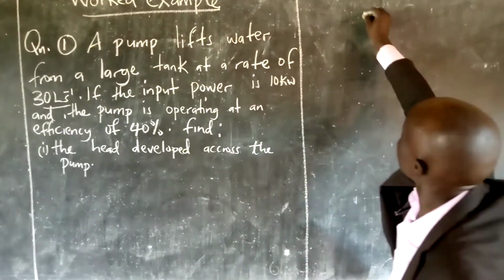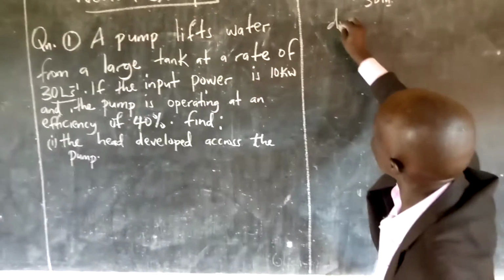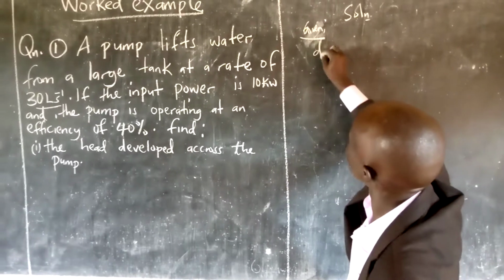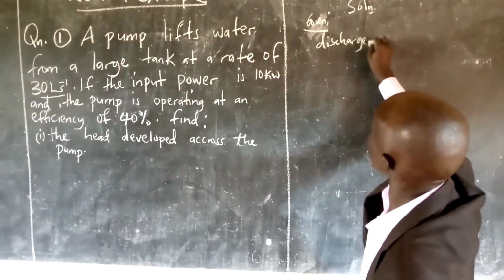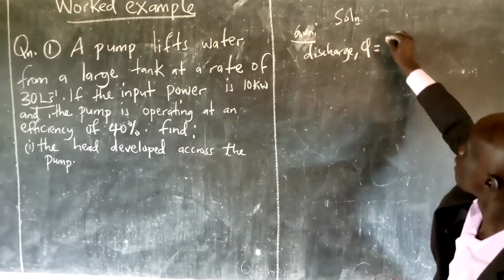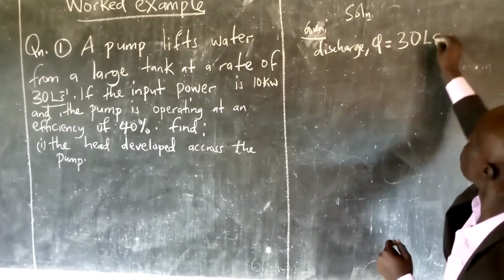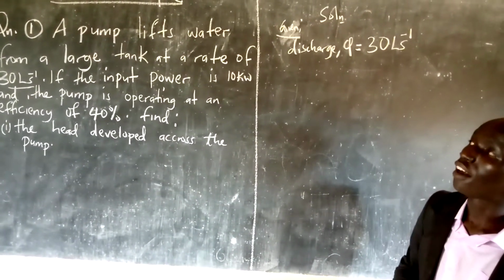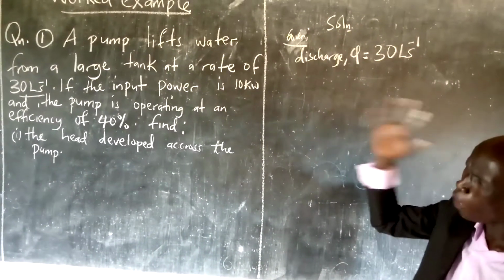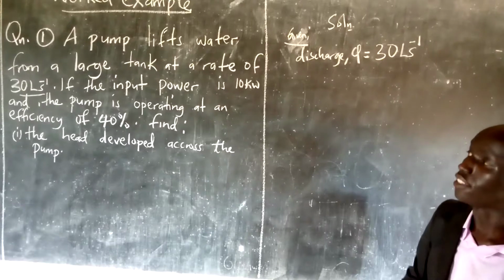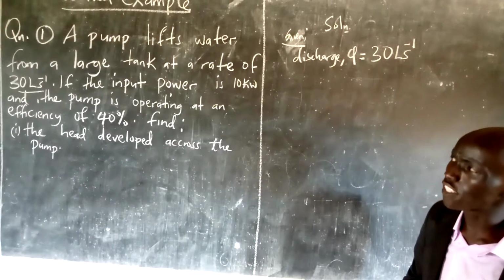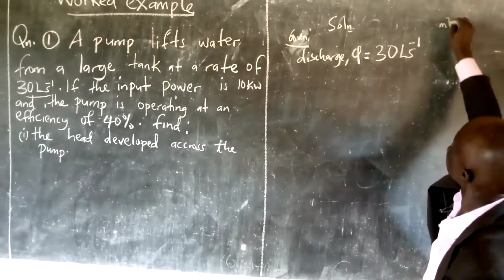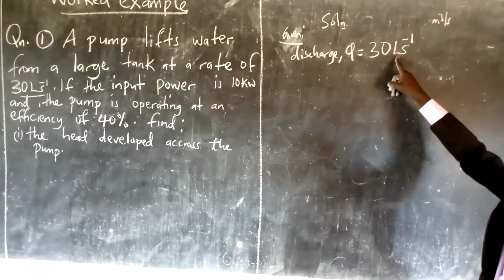So that means we are given a discharge. You can summarize the question simply. You can say given, we are given discharge, which is Q, and it is 30 liters per second from the question. Please follow me very well. The things are simple, but since I have the passion to lecture, I want to make you understand it, and then you will like it. It will be interesting, comprehensive, and well researched. So, but the unit of discharge is meters cubed per second. So we can change it to meters cubed per second.